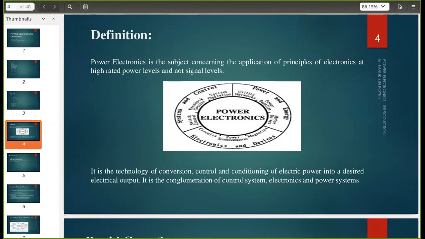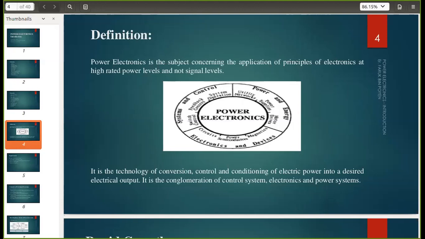And one of the very important topics we have studied in basic electronics is the rectifier. What does the rectifier do? It converts AC to DC. It converts my AC current to DC current. It is not actually pure DC; it is a pulsating DC. Now if I want my circuit to have very pure DC, then I should use filters, such as a capacitor filter. I have already discussed these things in basic electronics, right?